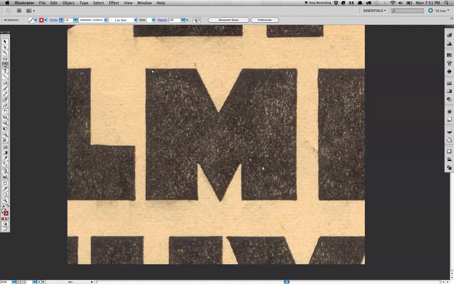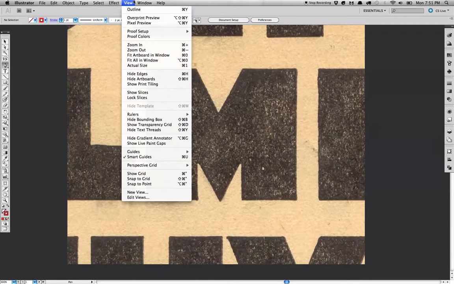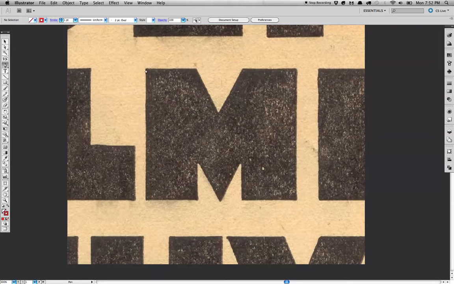Now, you could use smart guides. I won't really go into smart guides other than to say that it's a tool available in Illustrator that gives you hints as you're drawing to make sure that you're keeping things in line. I've got that turned on. I'm just going to turn that off so we don't have that showing up as we're drawing. And I'm just going to start drawing here. Now, I can click as I'm coming along and start tracing the outline of this letter. As I'm going, I can always hold down Shift, and when I click, that will draw a perfectly straight line. But let me just go ahead and finish this out